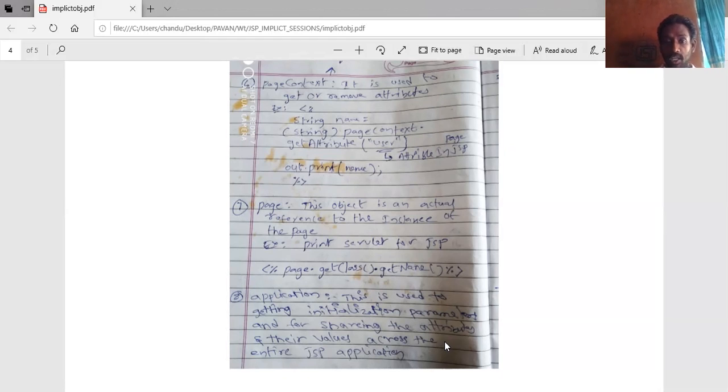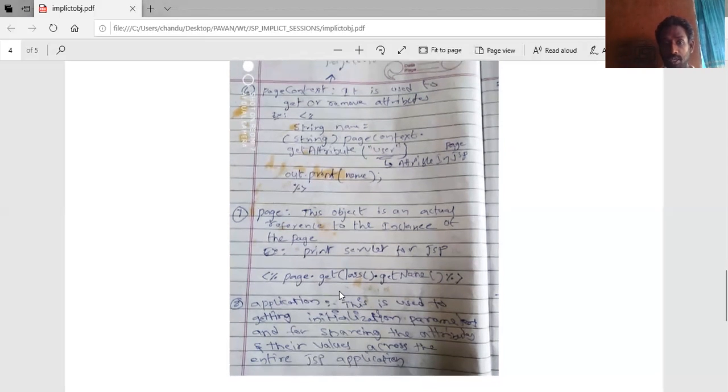Simply, we can say page object is used to access the related servlet of our JSP page. And application object is used for getting the initialization parameters and for sharing the attributes and their values across the entire JSP application.